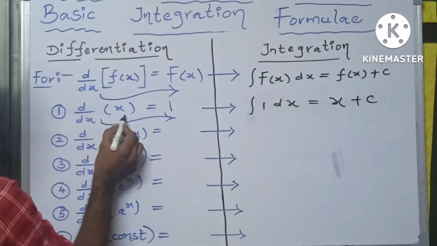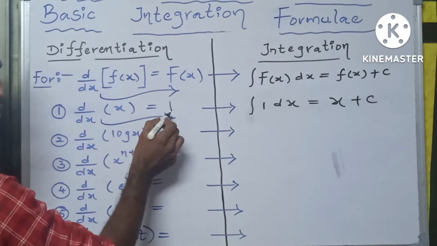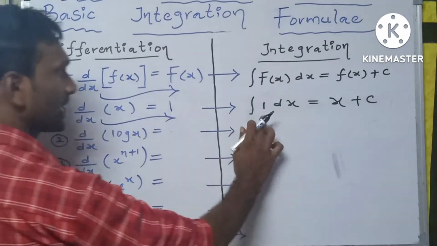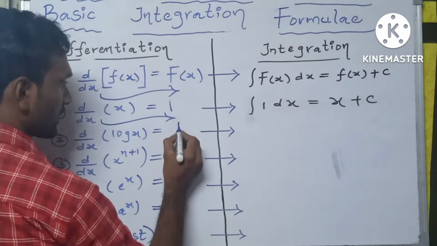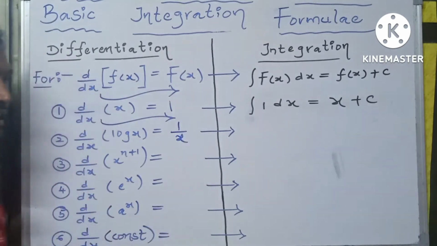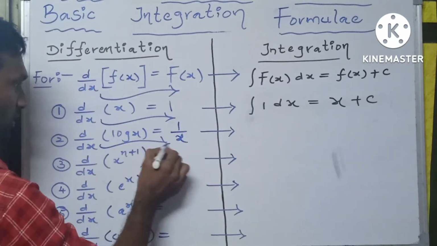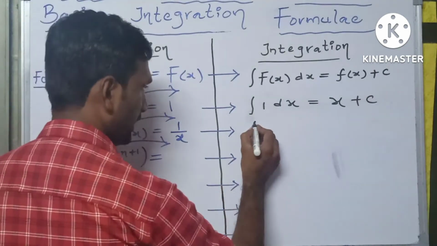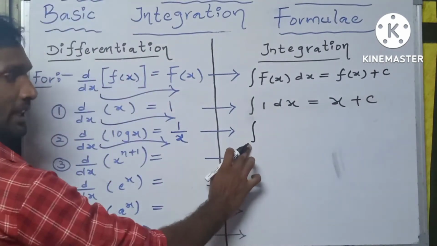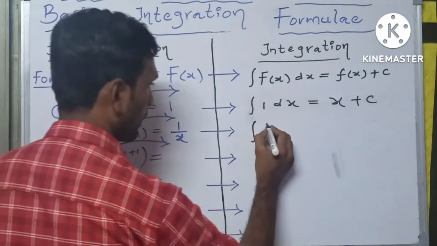So derivative of x equals 1. X కి డెరివేటివ్ వచ్చి 1, reversely 1 కి ఇంటిగ్రేషన్ ఏమవుతుందంటే x plus c. Coming to second formula, derivative of the function log x కి డెరివేటివ్ వచ్చి మనకి 1 by x. Now derivative coming to second side changes antiderivative, and antiderivative is represented by the symbol integral. Now integral 1 by x